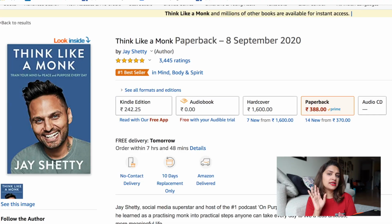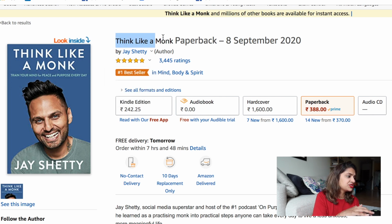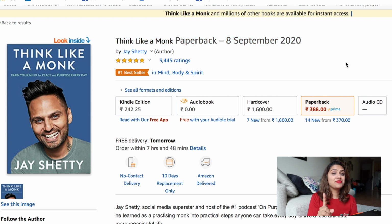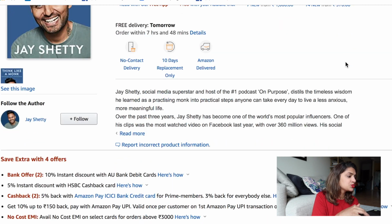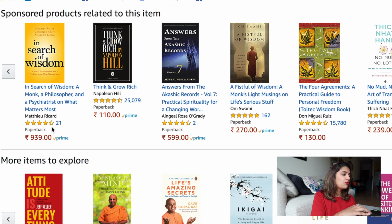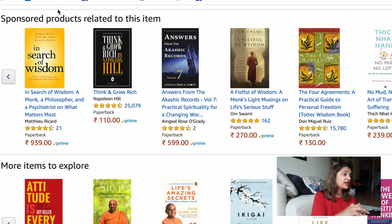Now, I'm going to spend a little bit of time discussing how you can search for new books and how you can find good books that you want to buy during this sale. Now, another tip that I have for you is that I'm on this page, which is Think Like a Monk by Jay Shetty, and I know that this is a book that I want to buy. A great tip for finding new books is if you scroll down, you have more items to explore and products related to this